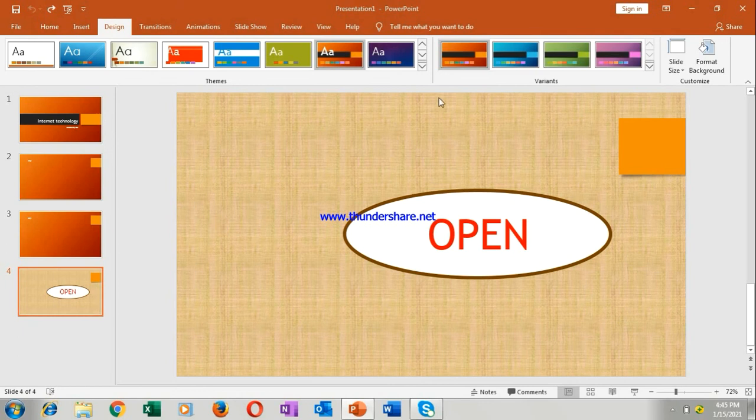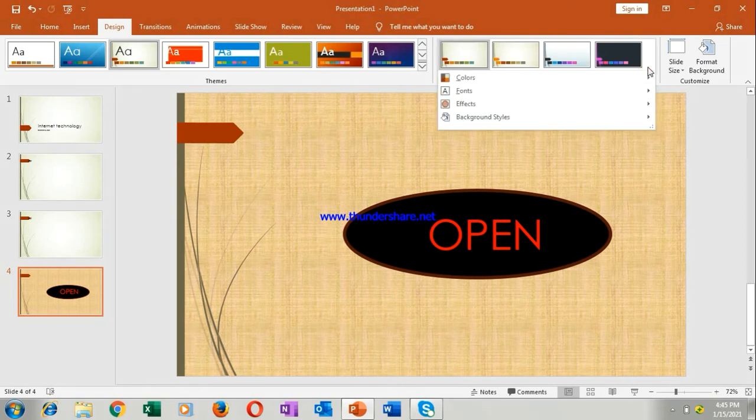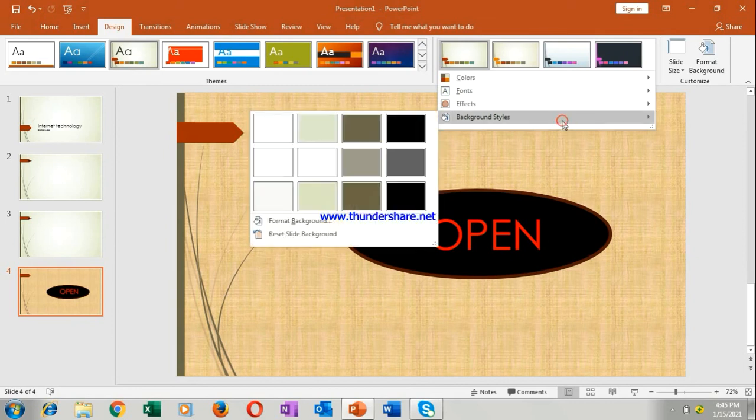Okay, now if I want to change, see, again I am showing you. So first let me select a theme. Now this is the theme I have selected, and after this if I want, I can go to these variants. Can you see it? Click on variants here, and go to the background style.